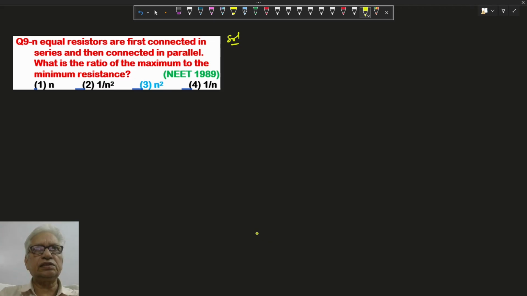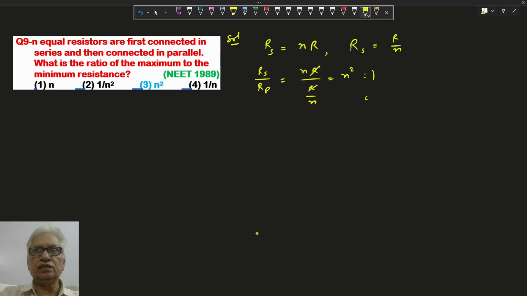Question: N equal resistances are connected in series and then in parallel. In series with N resistances, one resistance is R, so it becomes NR. In parallel, it is R by N. We take maximum to minimum, that is series to parallel, which will be NR upon R by N. R cancels out, and it goes up, so the ratio is N square to 1. So option